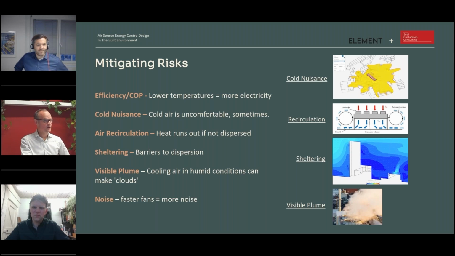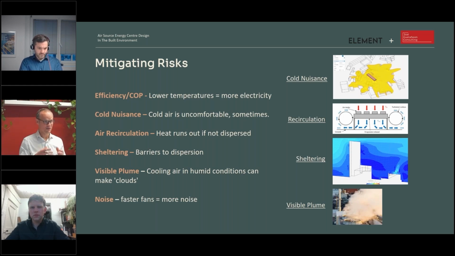So if the cold air doesn't disperse properly, the air onto the heat pump will cool down. It stands to reason. In doing so, the heat pump might think it's in an environment that's at +5, but if the air's at -5, the thermodynamics of that compression are much less favourable, and you use more electricity to create the same heat, and there's a real commercial incentive to avoid that.